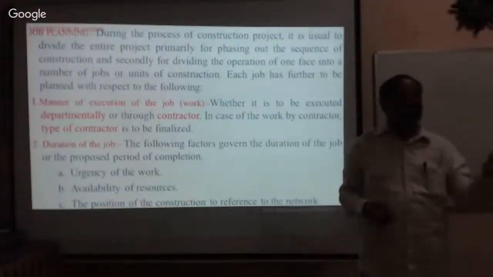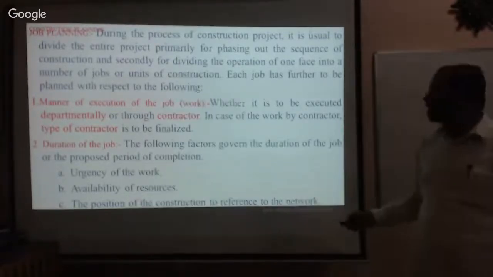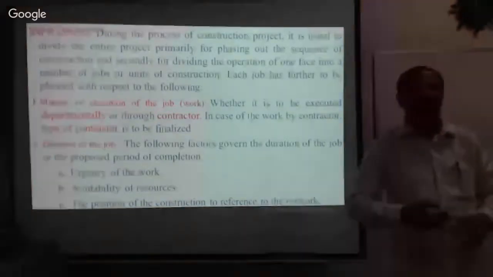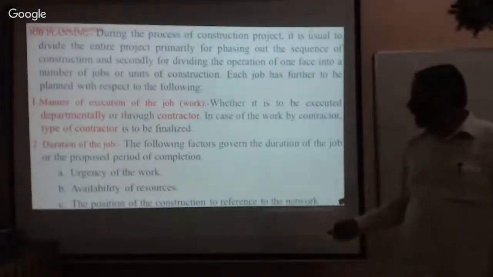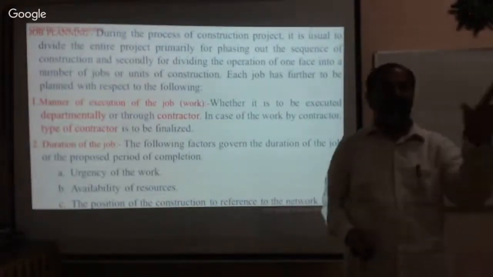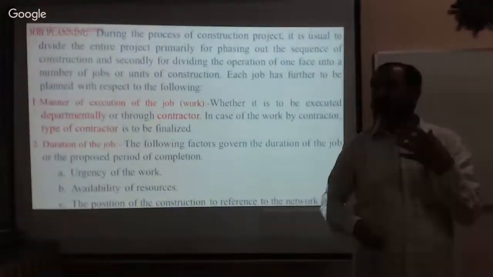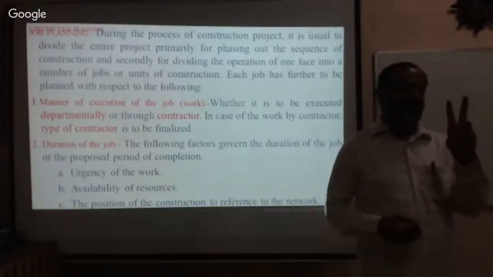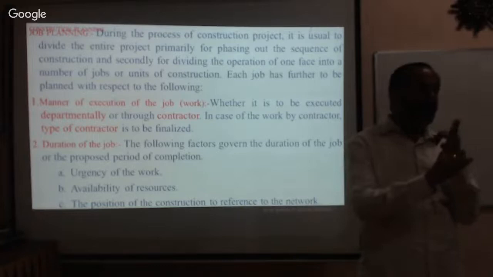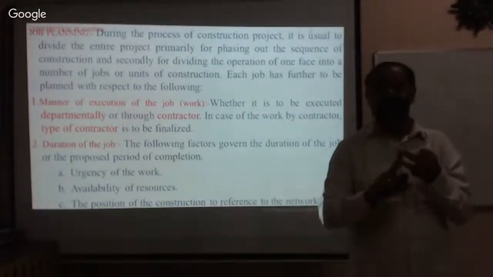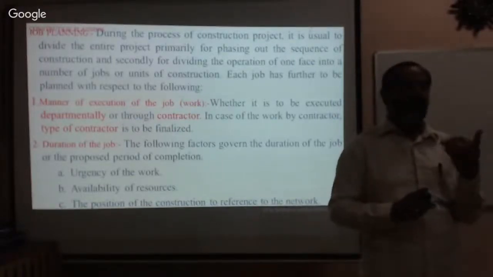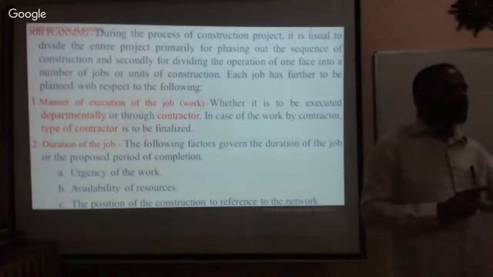Again, there is a procedure we need to follow. And then the availability of resources: the materials and machines available around us. Depending upon that we have to decide, and also the position of the construction, where we need to construct. All these things will be decided by the engineers. Now please understand, I am concentrating on two things. One is departmental work, the other one is through an agency. Agency means contractor. Again, that contractor we cannot appoint straight away and say, you come and do it. No, we have to follow the procedure.